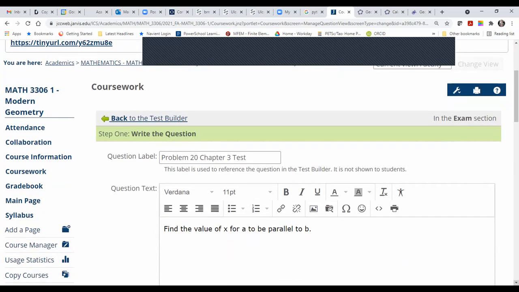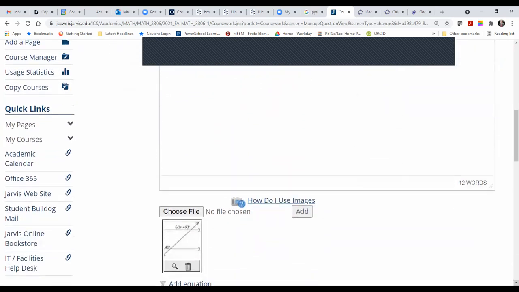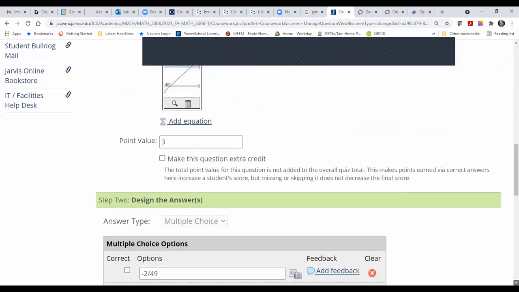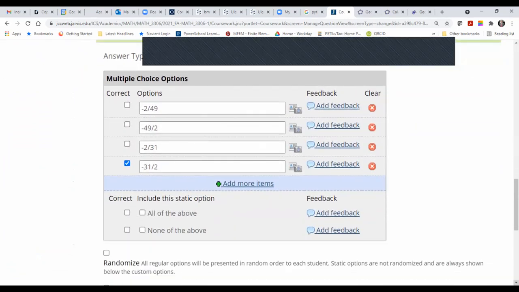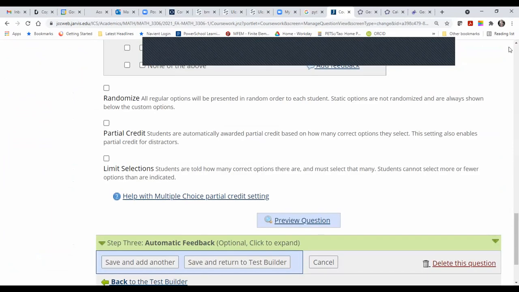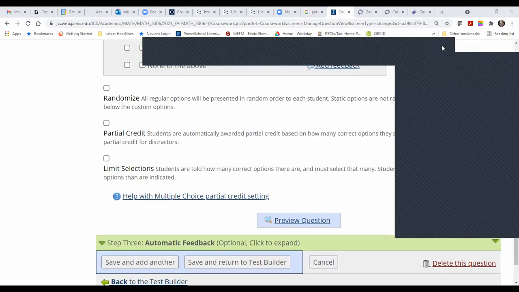Yes. I think that's correct. I just think the graph is